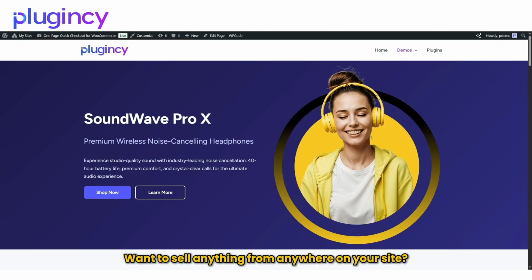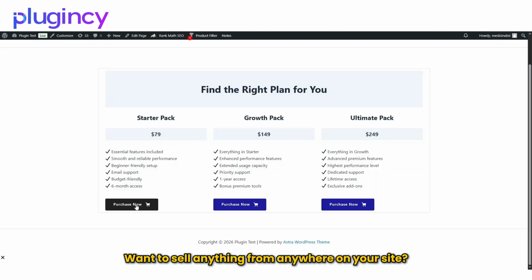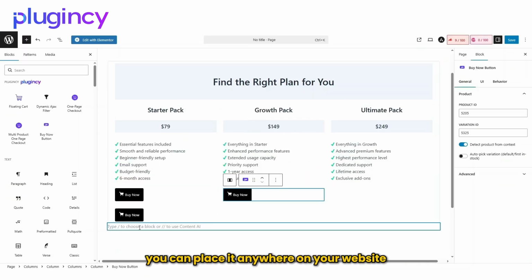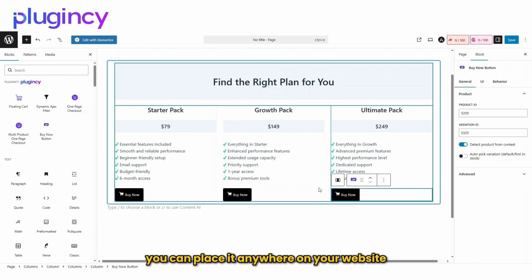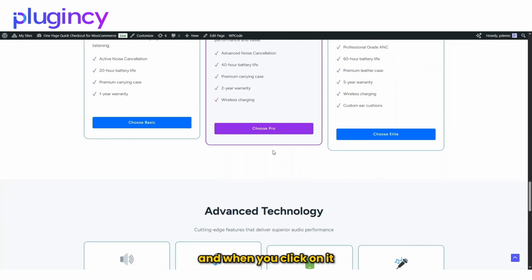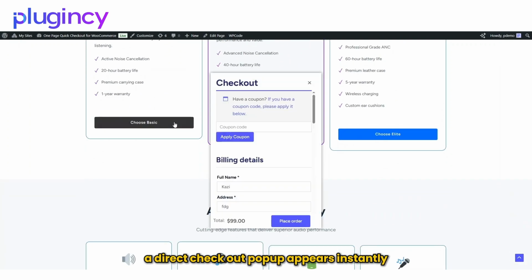Want to sell anything from anywhere on your site? Add a Buy Now button and let customers check out instantly. With the Buy Now button, you can place it anywhere on your website. For example, we have added it to this landing page, and when you click on it, a direct checkout pop-up